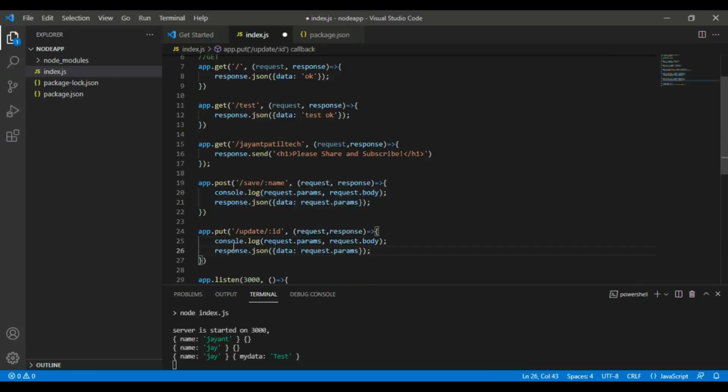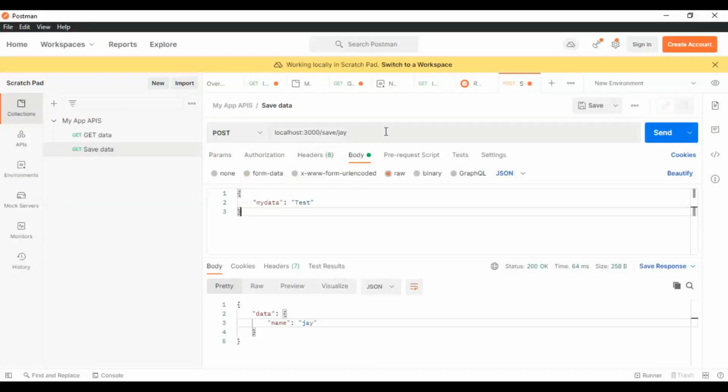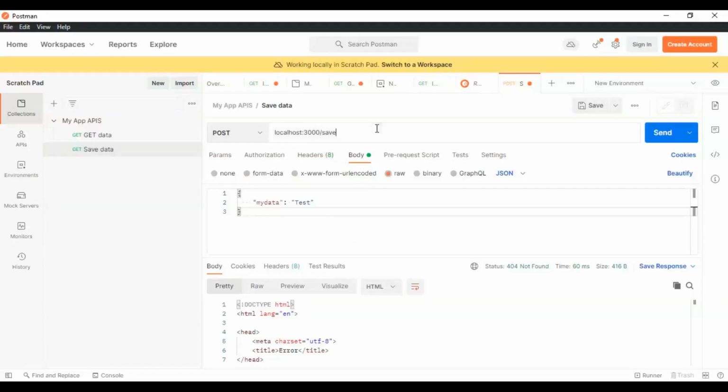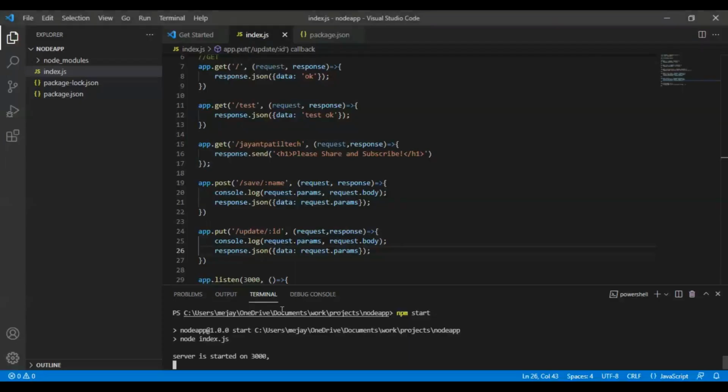So we need to restart this. If you don't pass anything in the URL, then also it will work, because it will treat it as null or empty. So you can see if we have not passed anything, it shows the post save is not there.